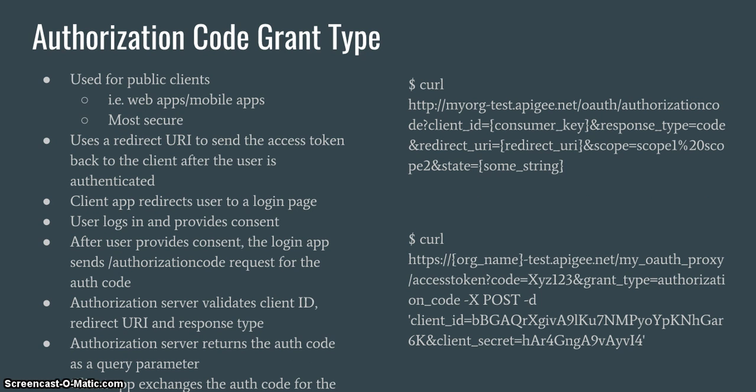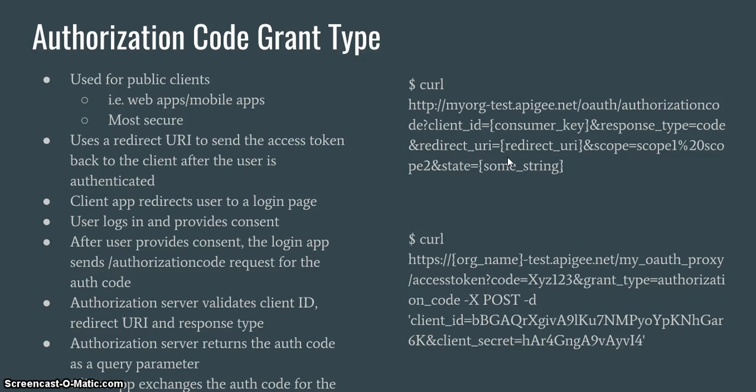The authorization code grant operates in a very similar manner, except in this case, there are two requests. First, the user is redirected to a login page. They log in, they provide consent, and then the login page makes a request to the authorization code endpoint, an authorization code request. And what that says is they provide their client ID, their redirect URI, and then the authorization code is returned